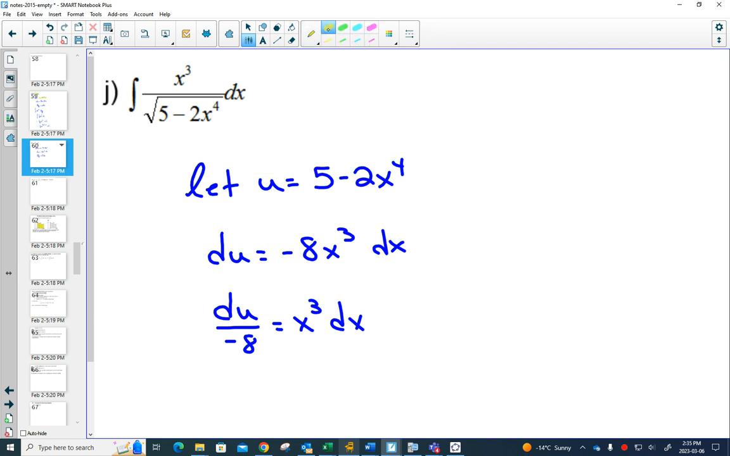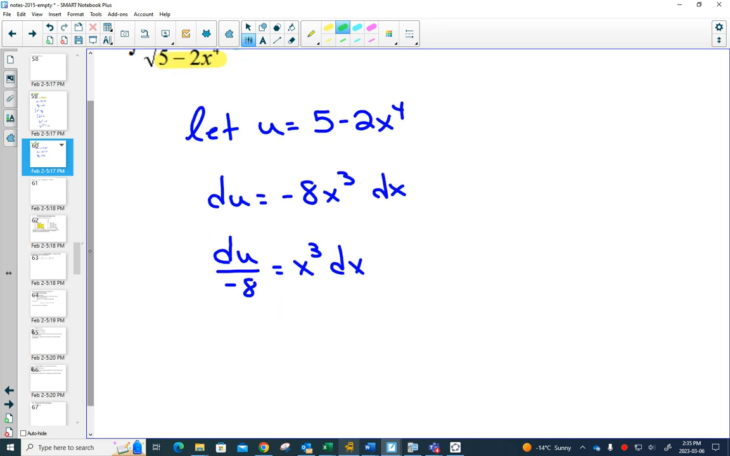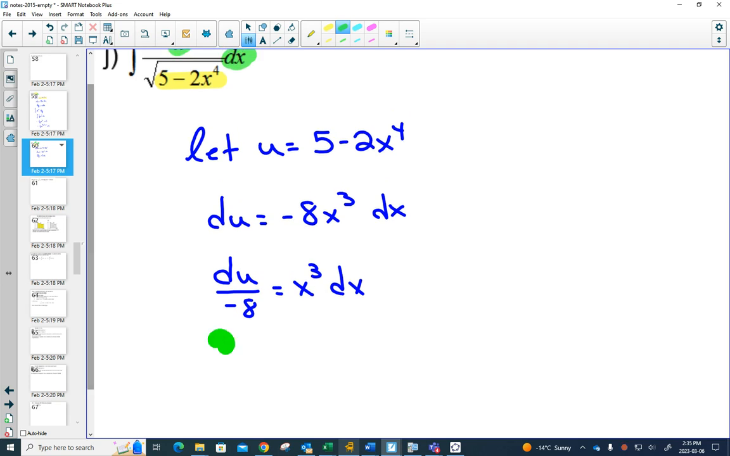So if I do some color coding, this was my inside function. The x cubed and the dx, those are things that I can now substitute out. What would I be left with? The integral. Wow. The integral of,